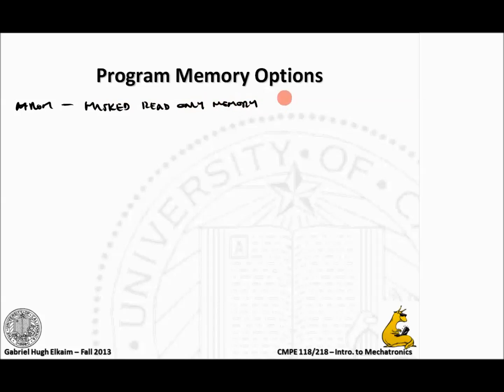You don't see this much anymore, but this is basically you burn in the program, burn in at factory. So this is when you're doing more than a million of these. All right, so basically the first one costs you $100,000. Numbers 2 through 10 million cost you less than a penny a piece. All right, and so the idea is, also the other advantage of it is you can't reprogram it, which at